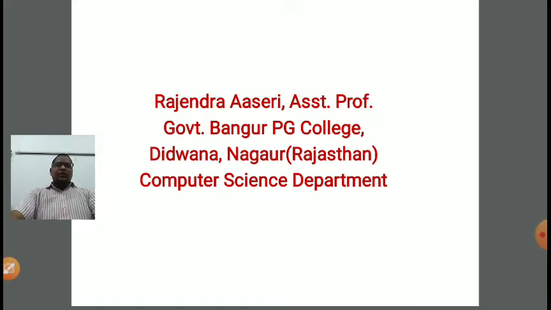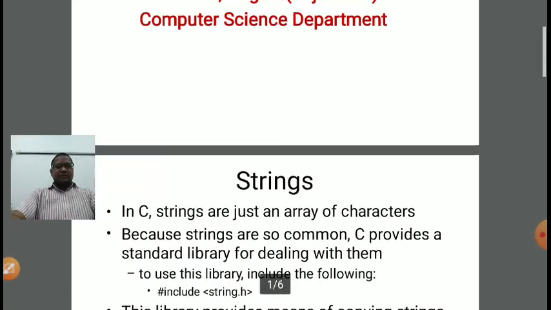So, dear student, today we are going to discuss some new concepts in C programming named string: how to declare a string, how to take input in a string, and what is the significance of using strings in C programming. And next we will be discussing structure, what basically a structure is, and how to implement structure in C programming. All of these things we are going to discuss in today's lecture. So the first topic is string.